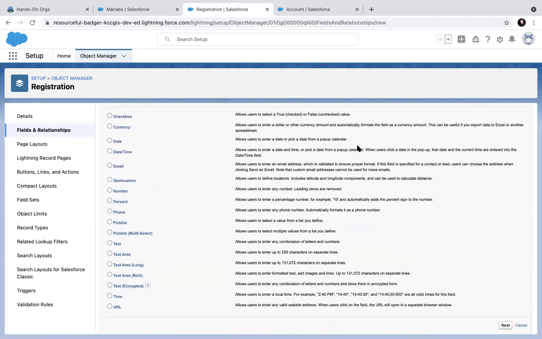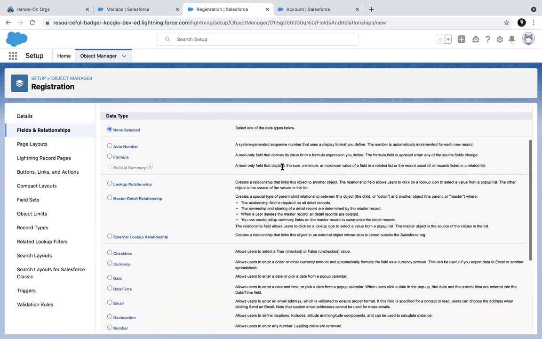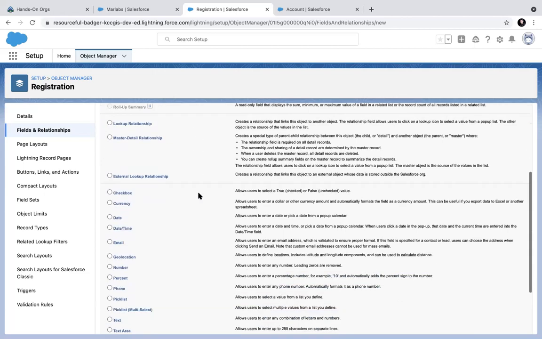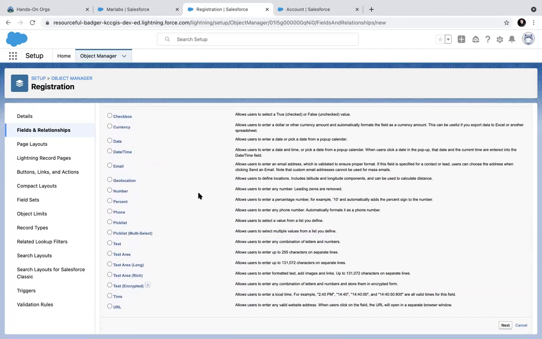Who wants to give it a try? Definitely the amount field is an input field, and it is not a relationship field, right? Number. So what kind of amount are you talking about? Number can be a good data type. Yeah, true. But if I want some money value there, what would it be? Currency. So why would I go to currency instead of number? What benefit does it give me?